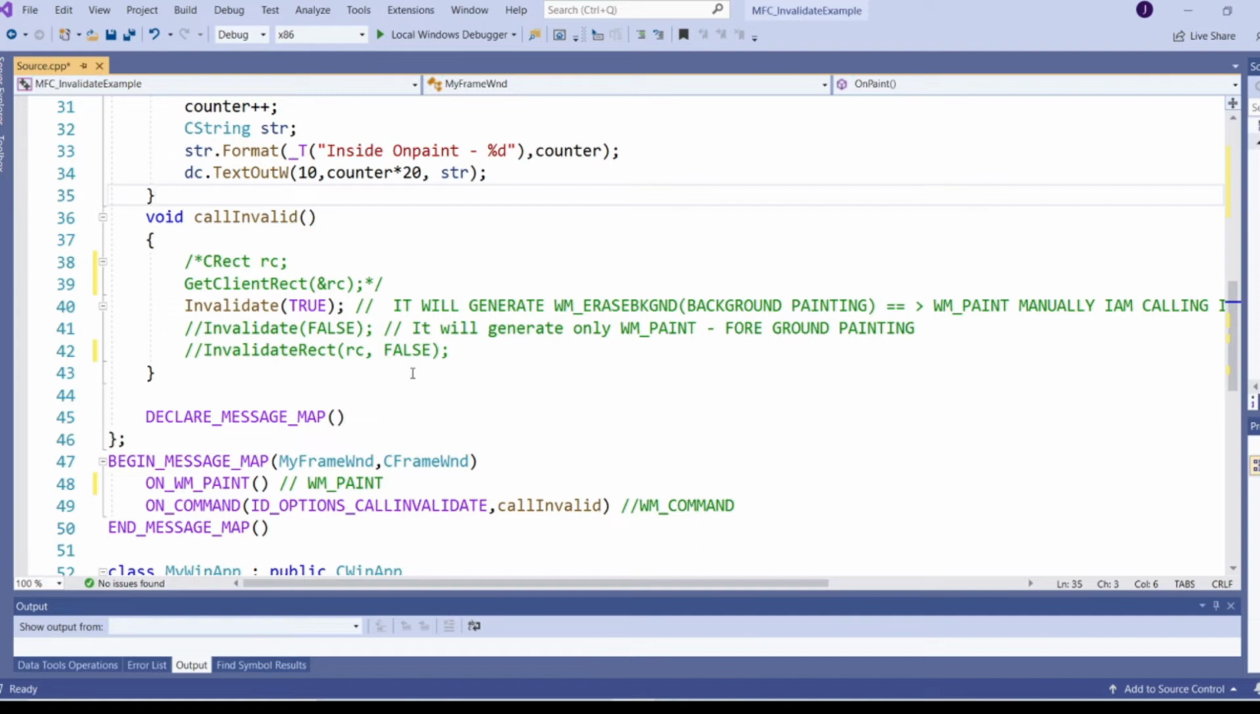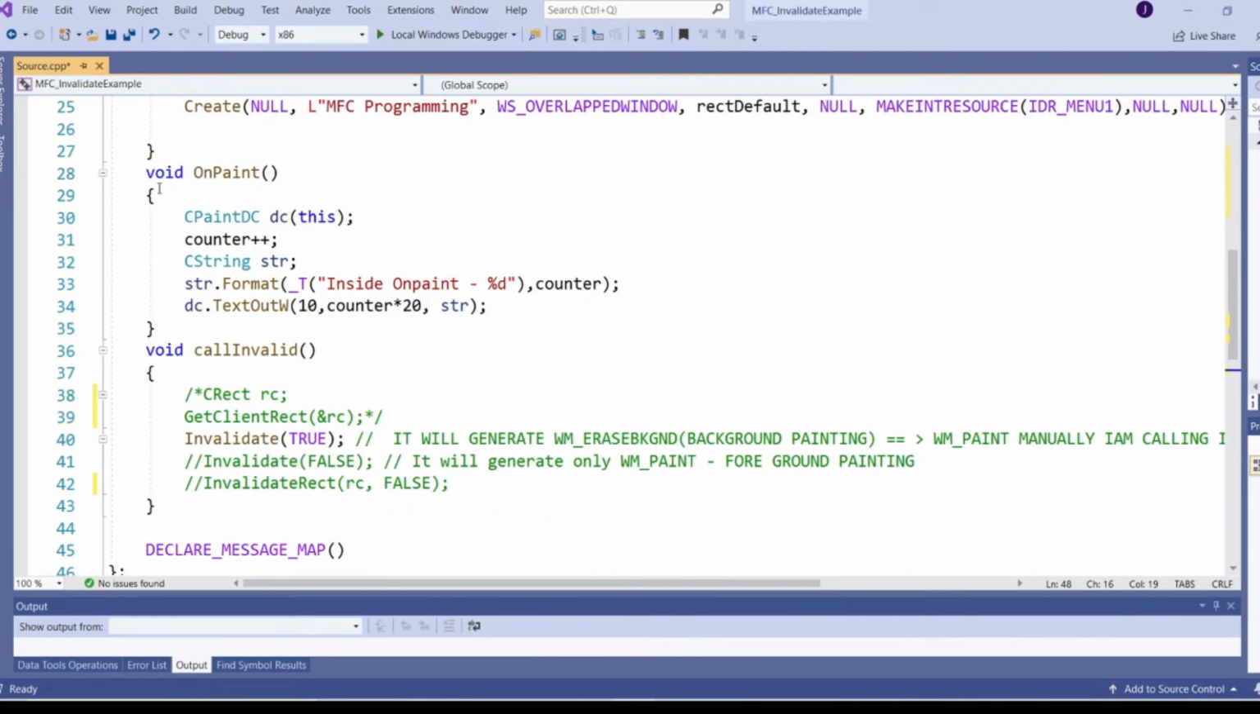So in this menu handler, I am calling Invalidate(TRUE), which will generate WM_ERASEBKGND first, followed by WM_PAINT. And this is the message map entry for WM_PAINT, and this is the handler for that one. Okay. So inside this, I'm creating a device context class,